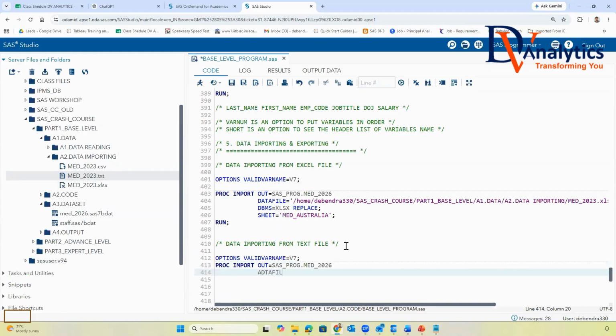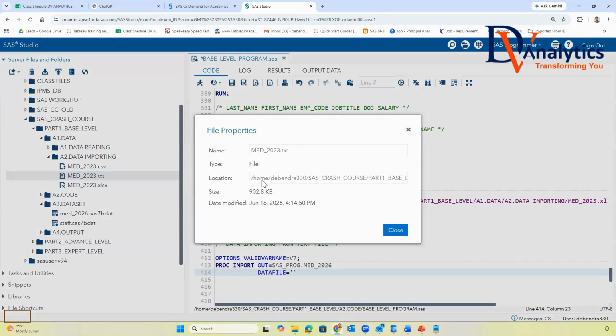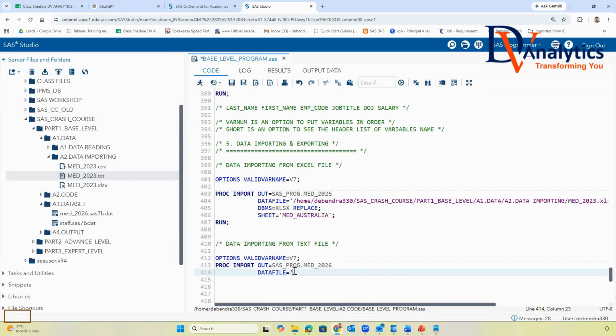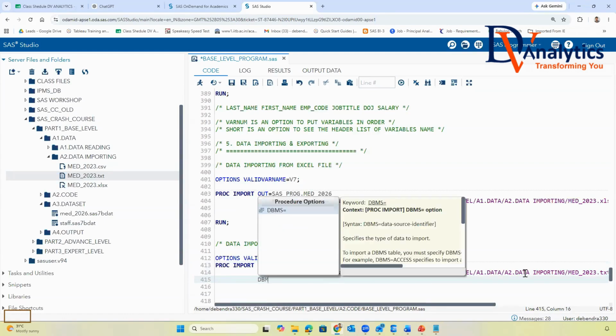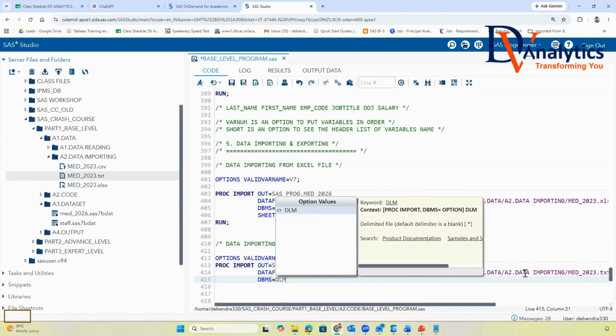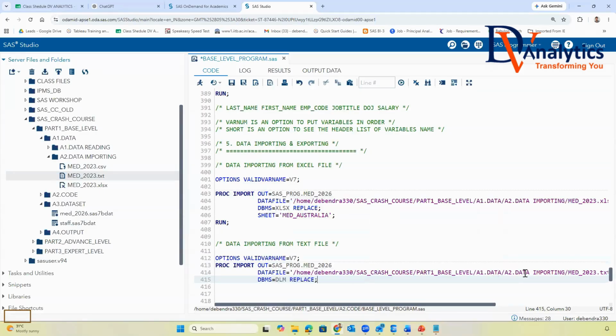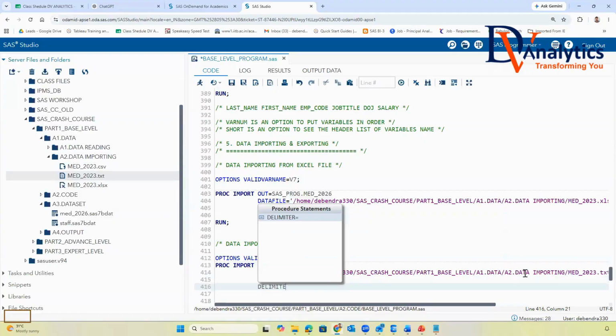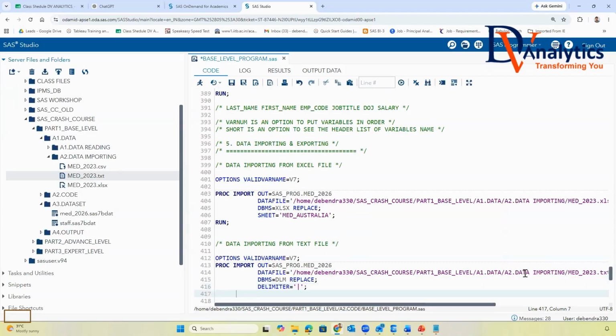Then you can say datafile, the file path. Properties, copy this file path here, then write dbms is equal to dlm replace, it's a delimiter replace, use delimiter in this case is vertical bar. Then you have to run the program.